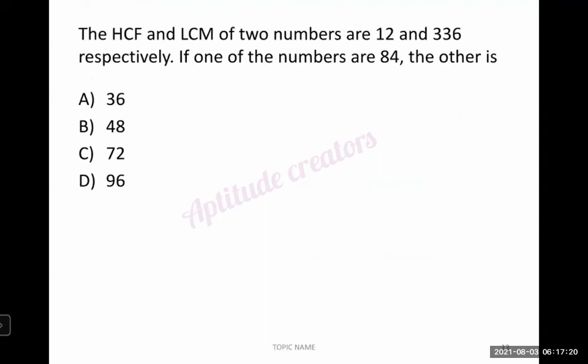Moving forward to next. The LCM and HCF of two numbers are 12 and 336. If one number is 84, then what is the other number? What is the other number? Here,